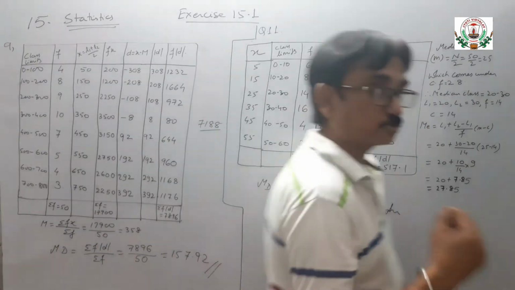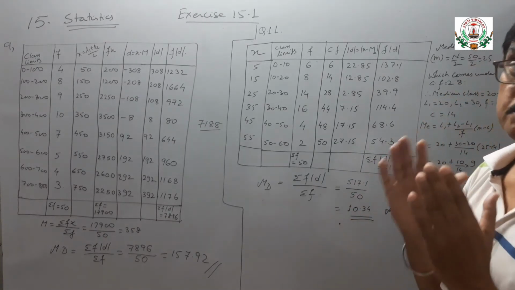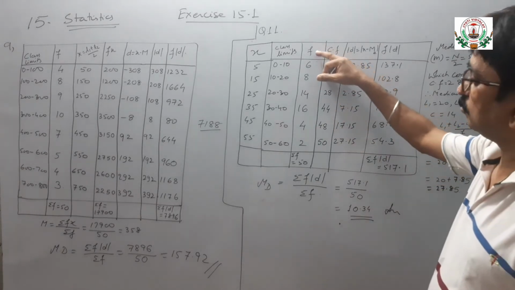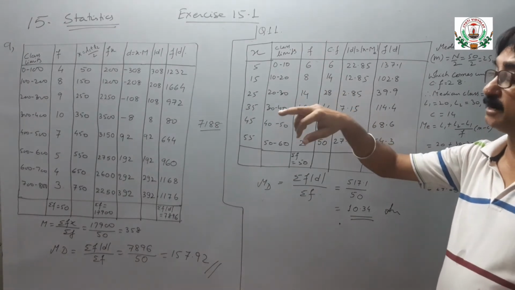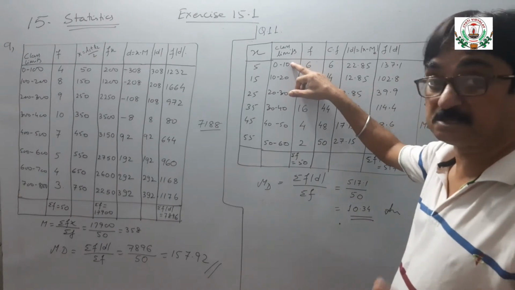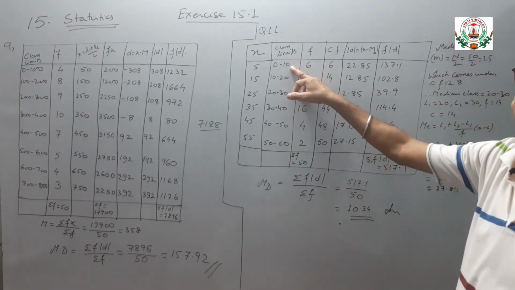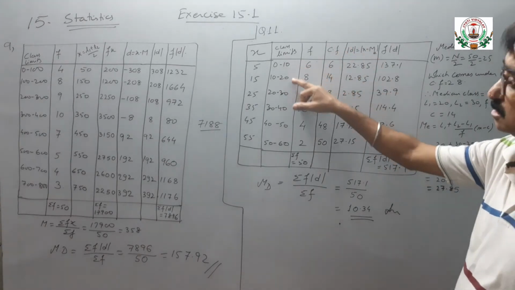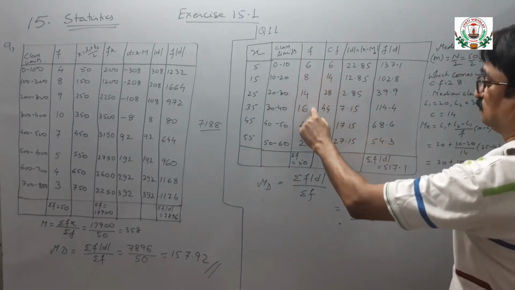Now we have to calculate question number 11, mean deviation from its median. So how to calculate the median? You already studied it in class 10. We will take the cumulative frequency. In the last question of this exercise, it is given to calculate the mean deviation from median. In case of median, if there are inclusive limits, you have to convert those inclusive limits into exclusive limits, and only then calculate the median. But here the class limits are exclusive. So we will take the cumulative frequency of these frequencies.